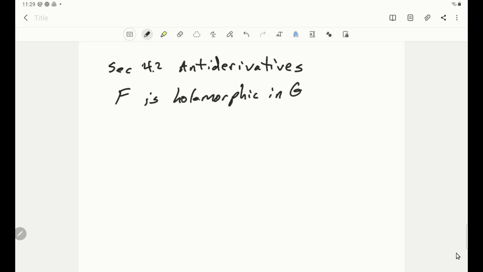So it's pretty much differentiable everywhere if G is a region. Yeah, in G, a region, we make it that way. And if I take the derivative, since it is differentiable, and I get f of z,